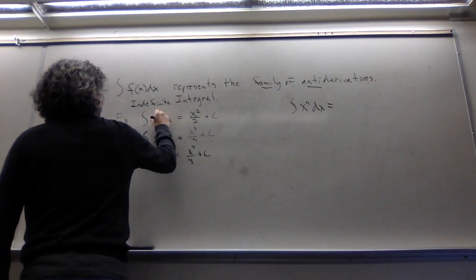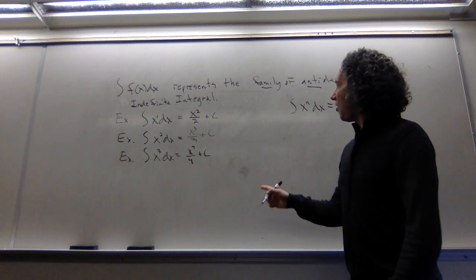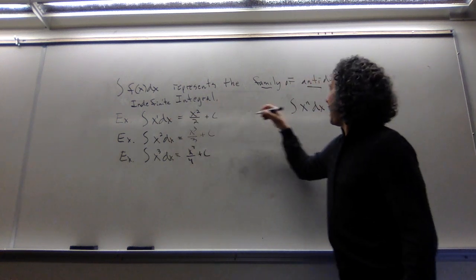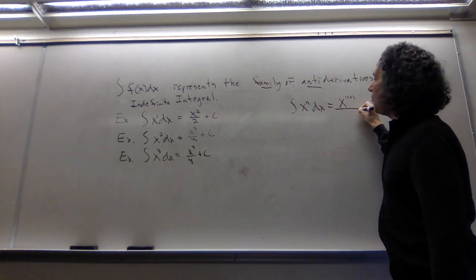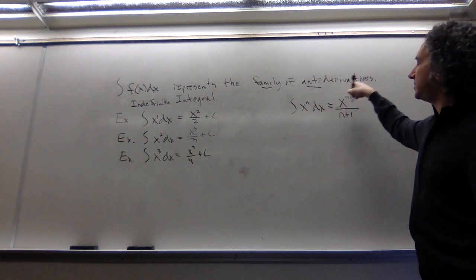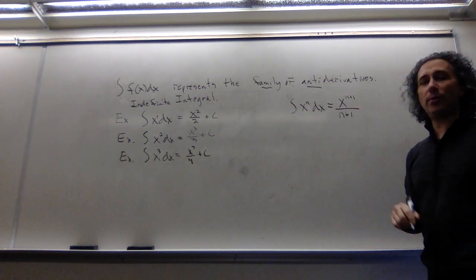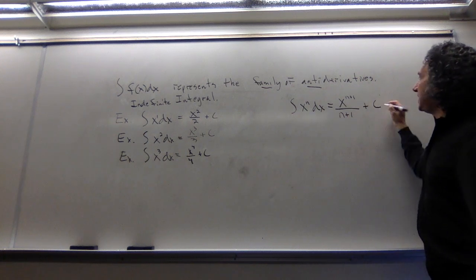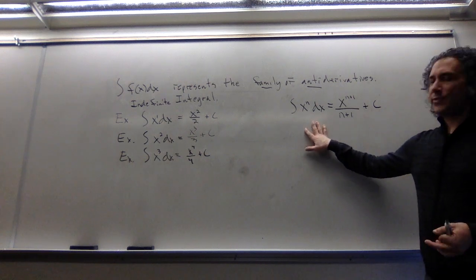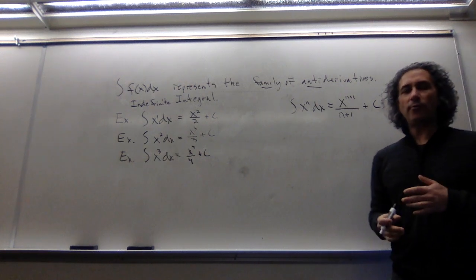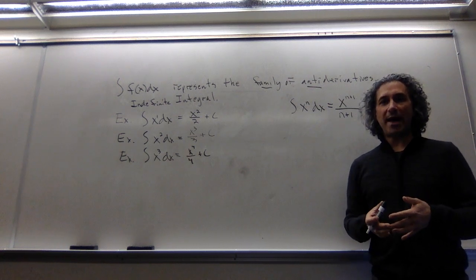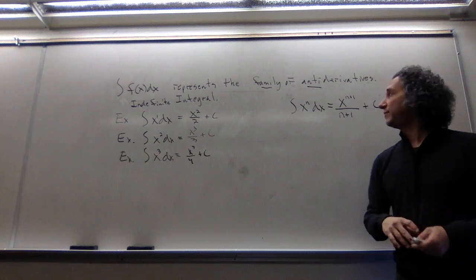So you can think of this as x, or x to the 1st. And in all these cases, what we're doing is winding up with x to the n plus 1 over n plus 1. Right? The 1 becomes a 2 over 2, the 2 becomes a 3 over 3, the 3 becomes a 4 over 4, plus c. This formula, I think of as the reverse power rule. You guys remember the power rule from differential calculus? That's where we took the derivative of x to the nth power. Now we're trying to find the family of antiderivatives.